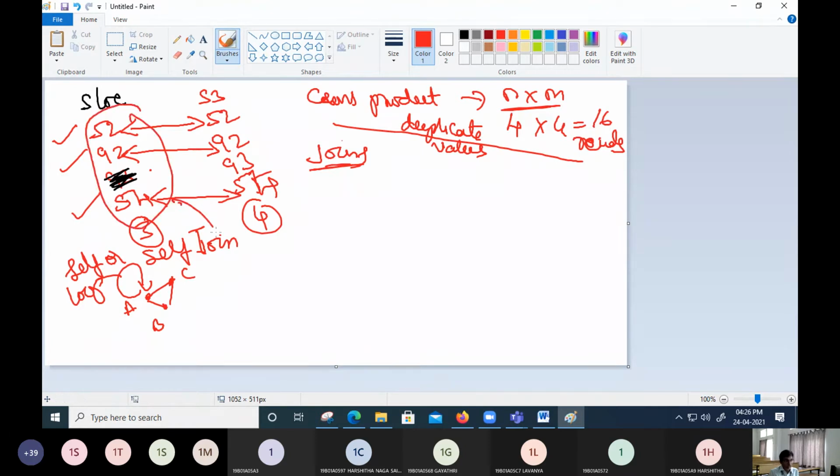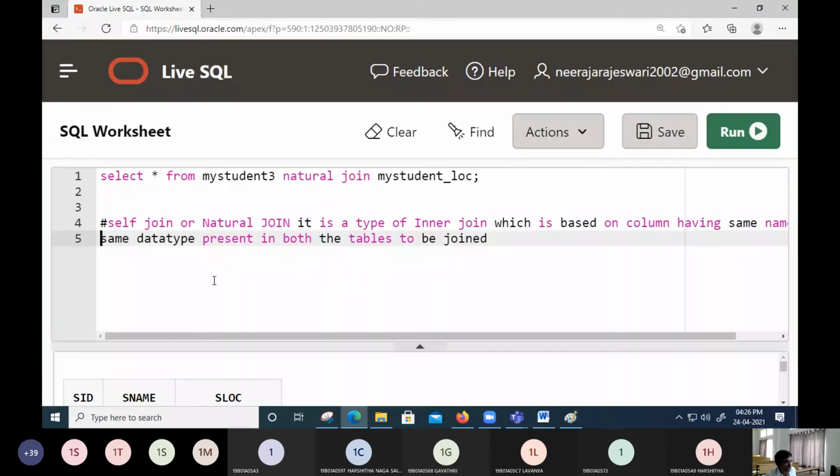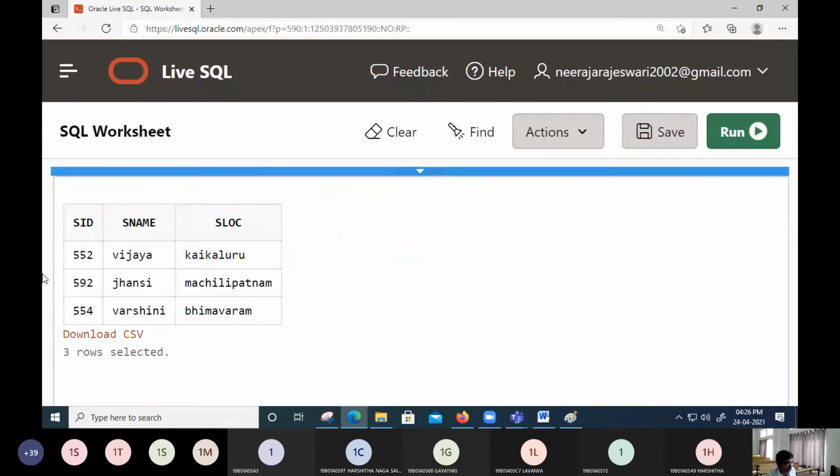There are 3 records. In S location, how many are there? There are 3 records. So it is joining itself. So 3 is joining to itself. There won't be any more contradictions. So we are going to get the same 3 records here.